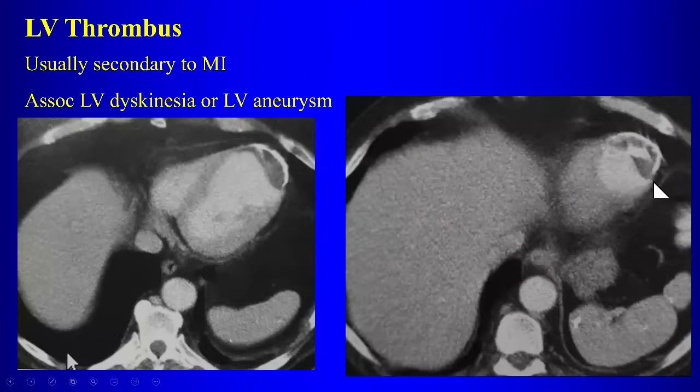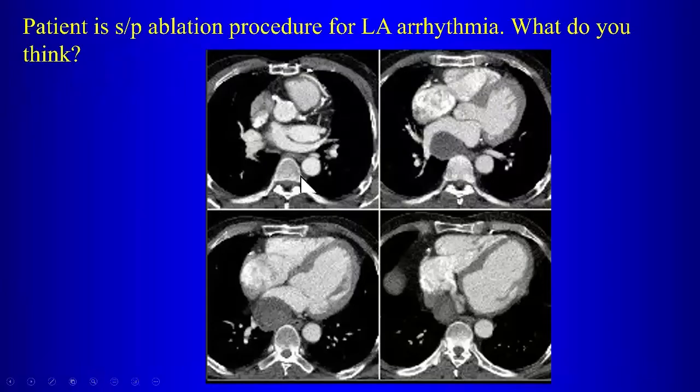apex of the ventricle representing a true aneurysm. And again, that's another predisposing factor for development of thrombus. So the dark stuff then on the CT scan represents thrombus that is formed there in the apex of that ventricle. So over at Beth Israel, if I give you the history that this patient has had an ablation procedure